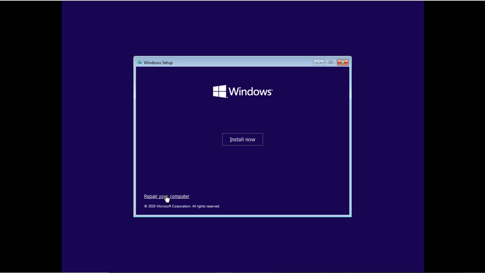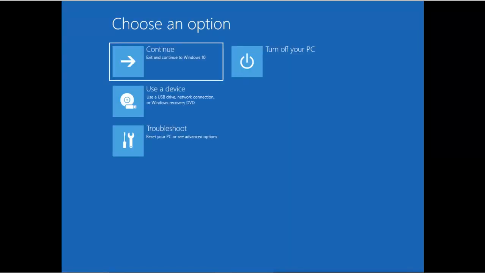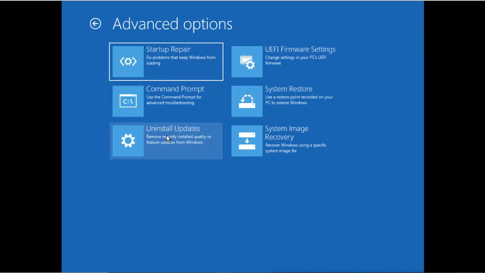So you click on this, and you will see the recovery environment. Now this recovery environment is coming from our recovery disk. These are all the same options. You go to troubleshoot, and you will see the same options here. You can see the system image recovery, uninstall updates, UEFI firmware settings, restore point, command prompt, or startup repair.